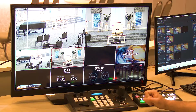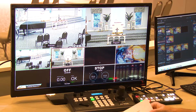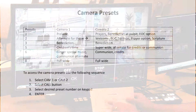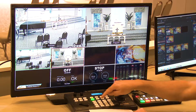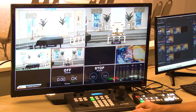But then the other thing we can do is we have some presets in there. We have a little sheet here, so you can look and see, okay, camera 1 and camera 2 and what the presets are. So preset 1, 2, 3, 4, 6, 8, and what they are often used for. So for now, the prelude, number 1, we've moved it around. And there are instructions right here. So we're going to, camera 1, we're going to call number 1 and then hit enter, and boom,